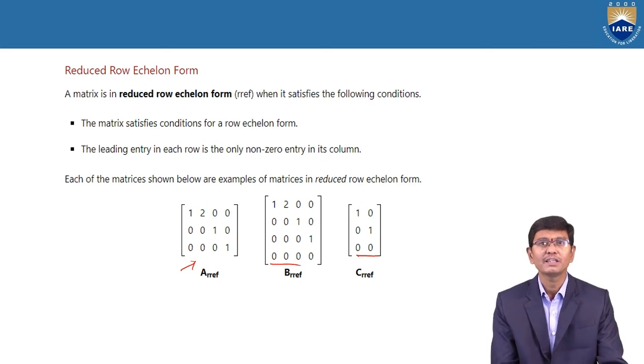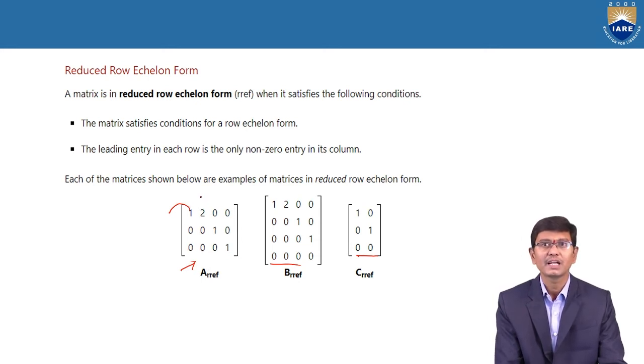But in the remaining three rows, there is clearly a non-zero number. And before the non-zero number, there are no zeros in the first, two zeros in another, and three zeros in the next. Therefore, it clearly satisfies the echelon form. And the others also clearly satisfy the echelon form.